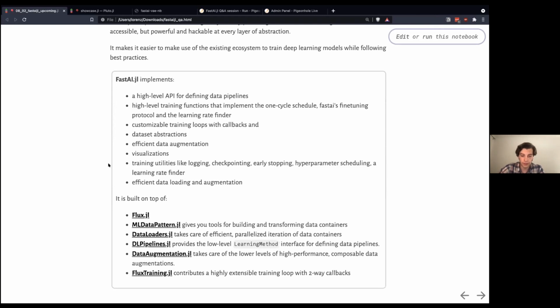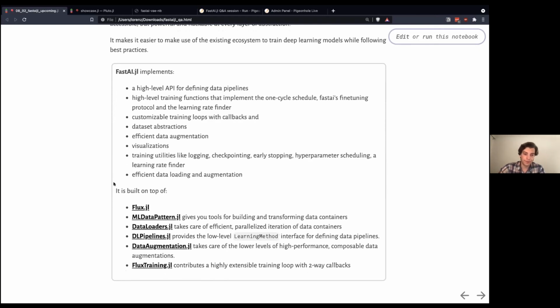It is built on top, of course, of Flux, but also some packages, some of which were purpose-built for FastAI.jl, but they're all able to stand on their own and are useful in their own right. So FastAI.jl tries not to be a framework, but more a library, which is really powerful because libraries tend to compose better.